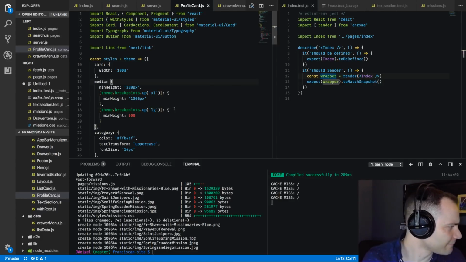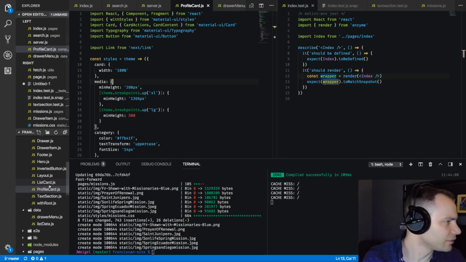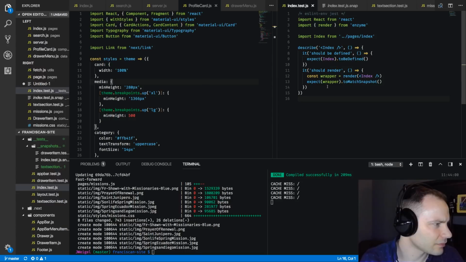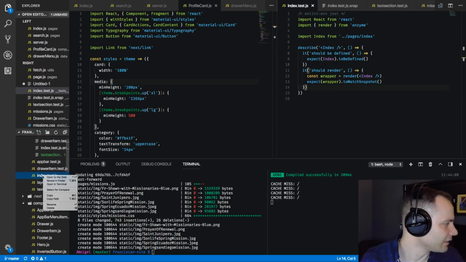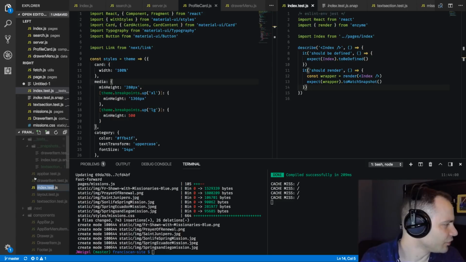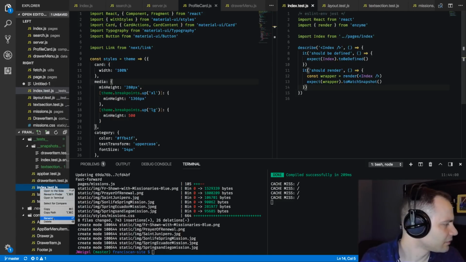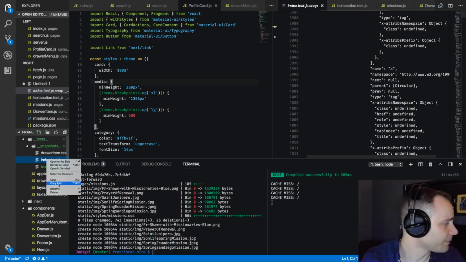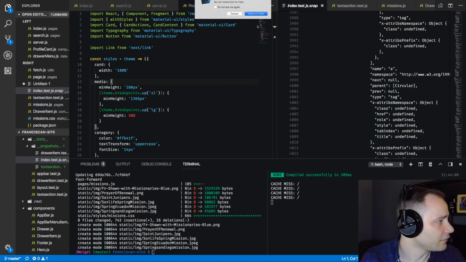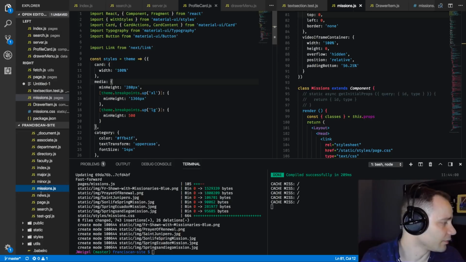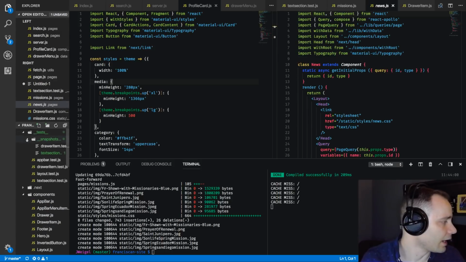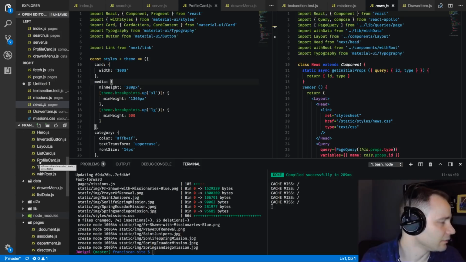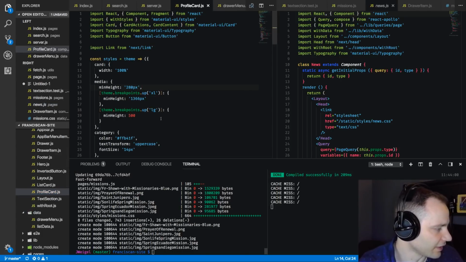All right, so first thing I'm going to do, let me just get rid of this index unit test for now. Let's delete that. And then I'll get rid of the snapshot, since I don't really have time to figure out why that's not working properly. I don't want it to mess up our process of testing and just take forever. So we're just going to get rid of that for now. And we need to grab